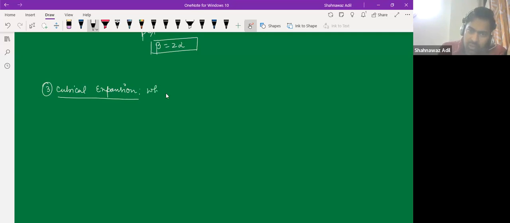So when the size of the object increases volumetrically by increasing the temperature,